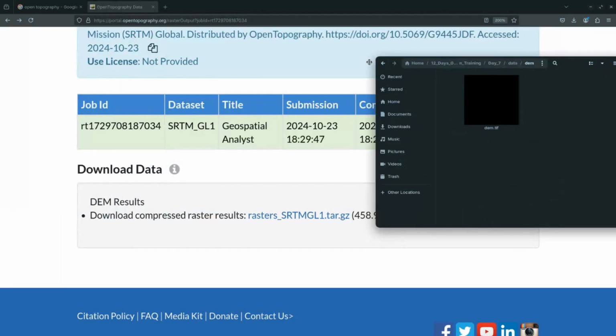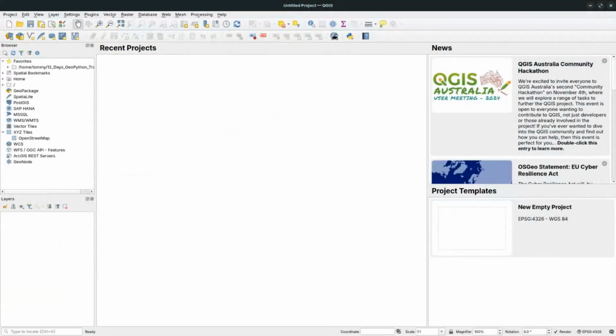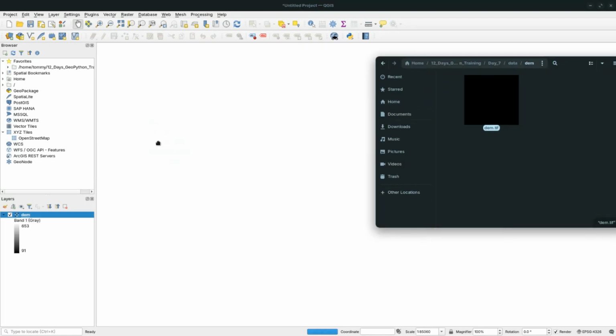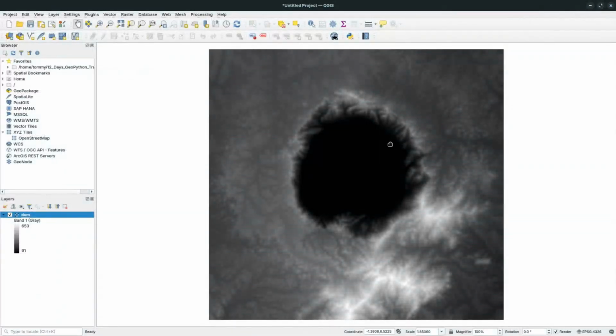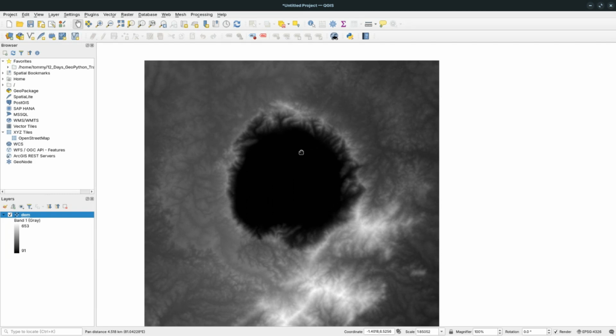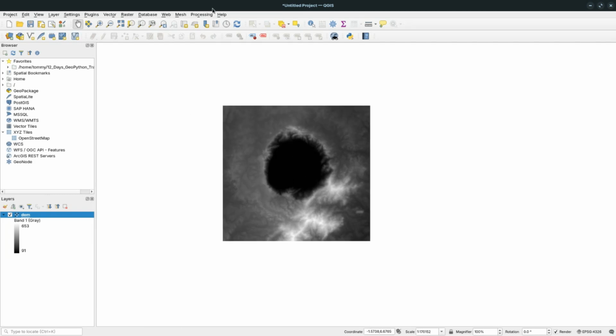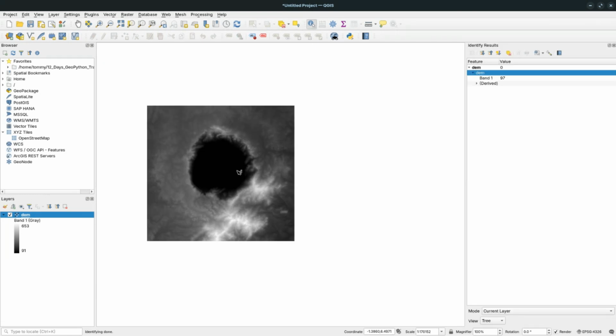I can bring up QGIS, and then drag and drop it into it. So this is our image of the lake. You can see it here. So this was a selection I made. Now, if I change this into the identifier and I click on any pixel, you should see that I have, okay, it's difficult. The other time I said I'll do it and I did not do it. Please forgive me. But I have to find a way of,